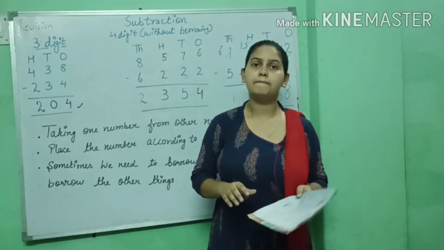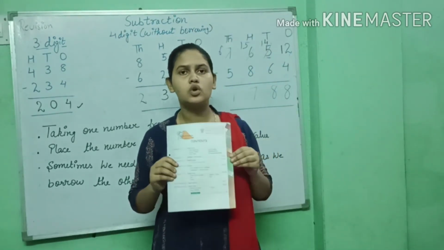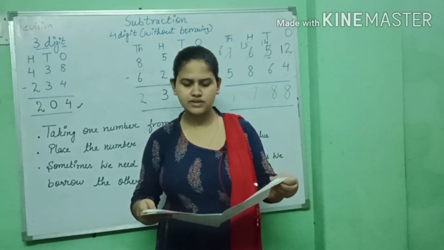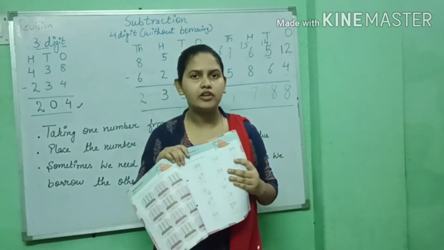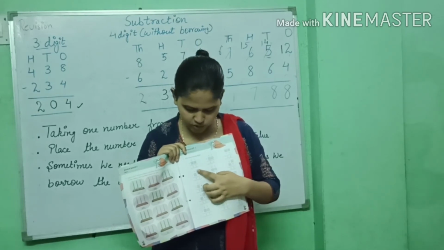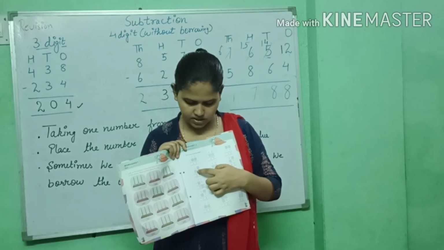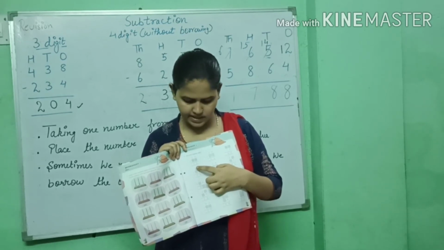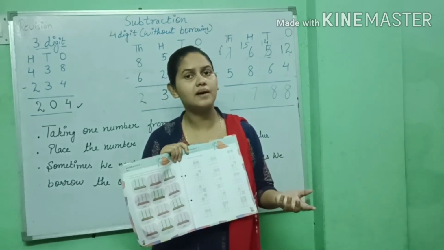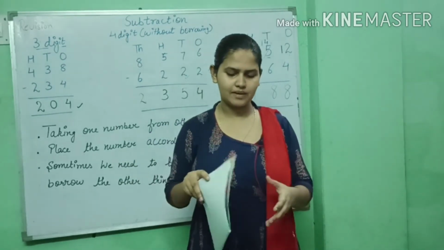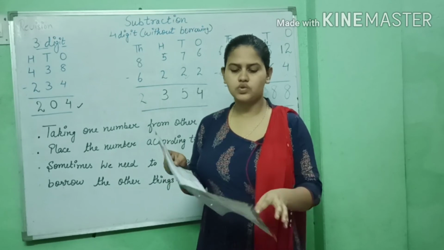By this workbook, we learn the chapters and the sums by an interesting method. You can see some fill-ups are given here and we have to follow this: how many digits do we take here to become 7? There is 3 and there will be 4, it becomes 7, right? In this way we can fill these sums.